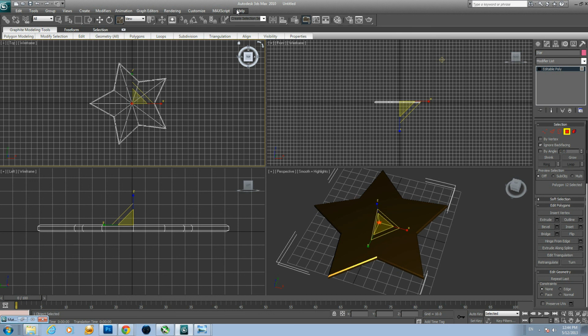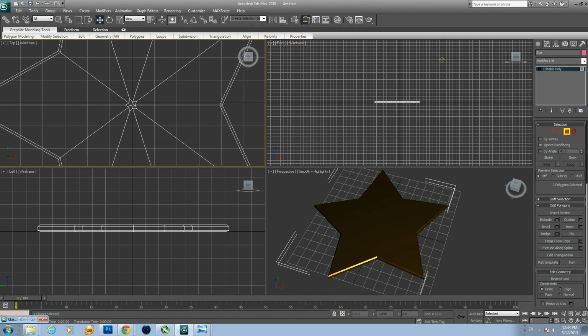Okay, the next thing we want to do, we want to go ahead and select the select and move tool. Click on that, and with the right mouse button, click on front view. Make sure this polygon is selected. If you accidentally deselect it, just go ahead and zoom in the top view again, and make sure you're not in the select and move tool. Click on select object and select this polygon, and then go to the select and move tool,